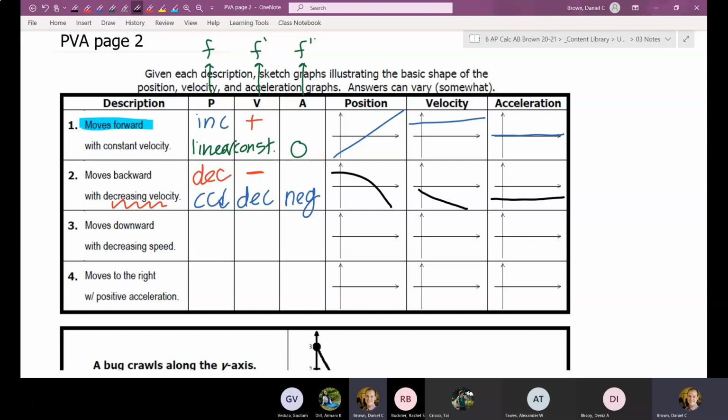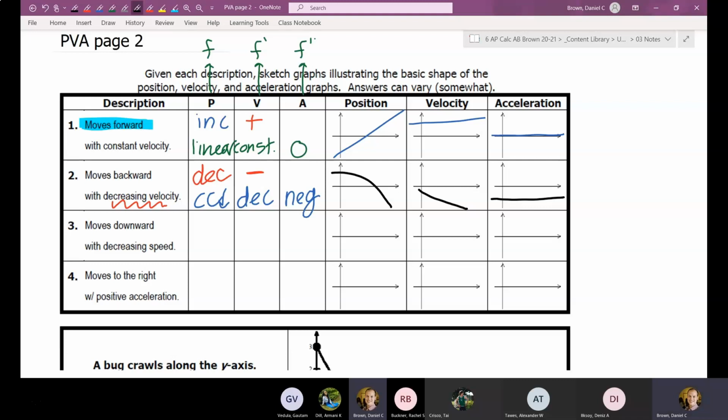So if my initial velocity is say 5, my velocity would be going from 5 to 4, 3, 1. But it could also mean, say I was already moving backwards at -2, then it would be -2, -3, -4, -5. So really we just have to interpret in calculus that a decreasing velocity just means that